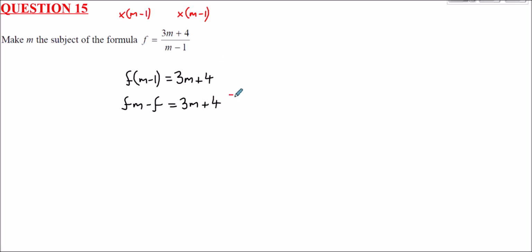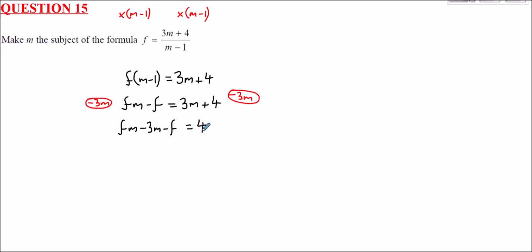If we now subtract 3m from both sides at this step, to get all the m's together on the same side, what we'll now have is fm minus 3m minus f